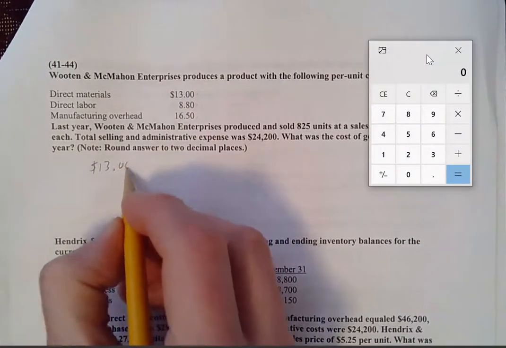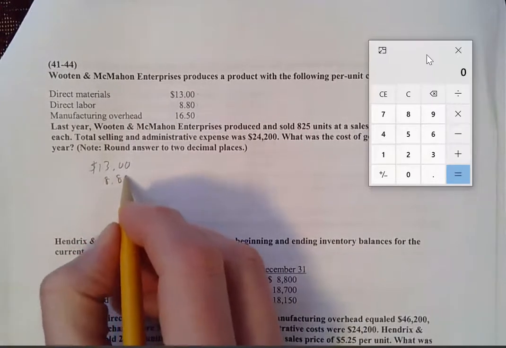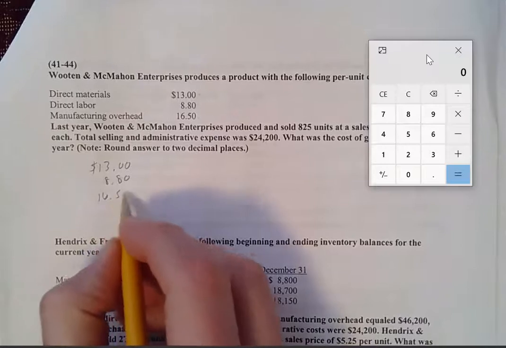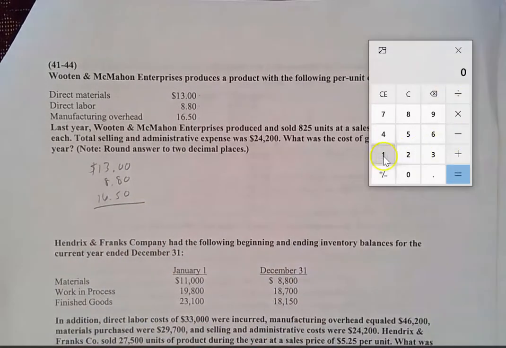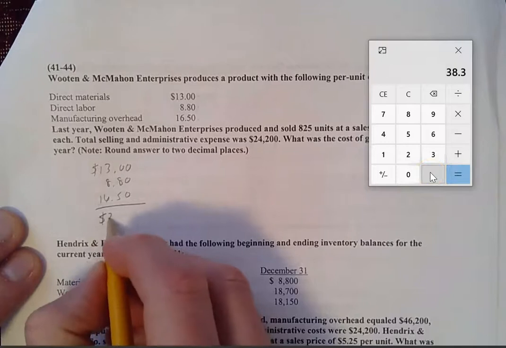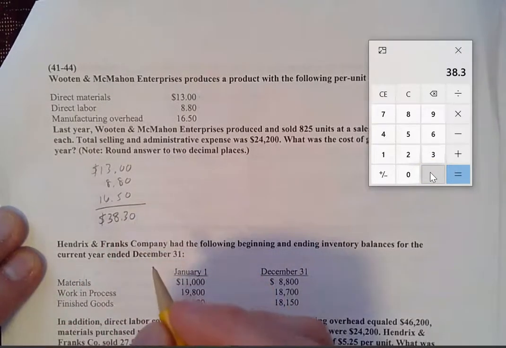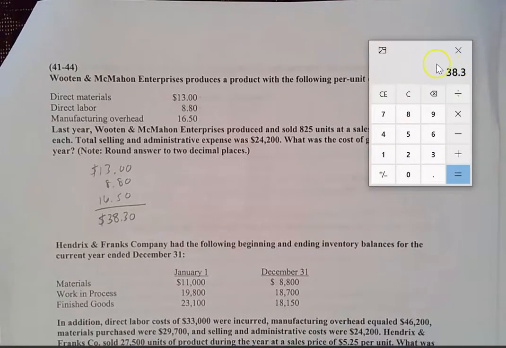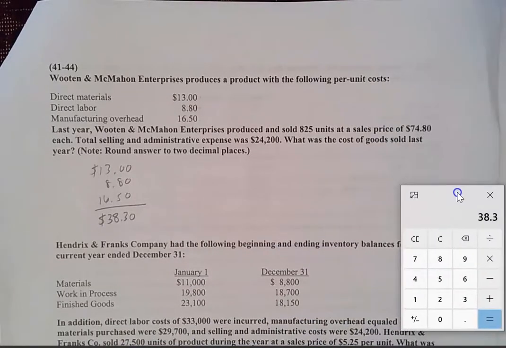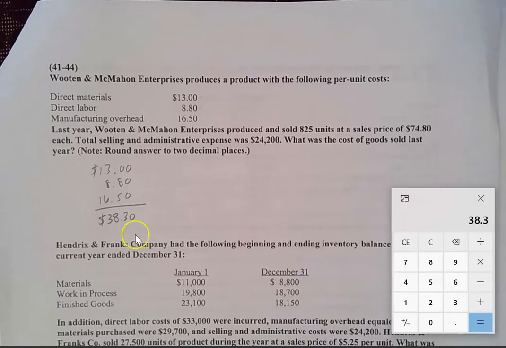$13 plus $8.80 plus $16.50. And so if we do that, and if you watch the other video, there was a question about calculating operating income, and if we were going to do that again, we actually would have to do a little bit of work. But they just want to know cost of goods sold. We've actually already done this before, because to get operating income like we did in the other video, we would have to have cost of goods sold. So our cost of goods sold is $38.30 per unit,